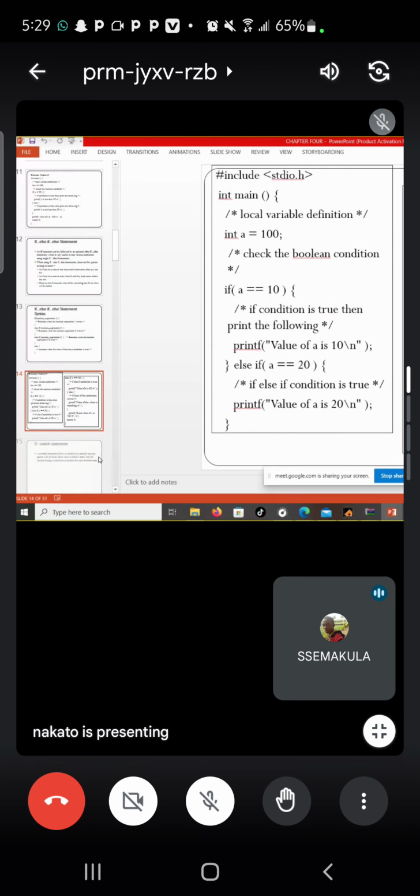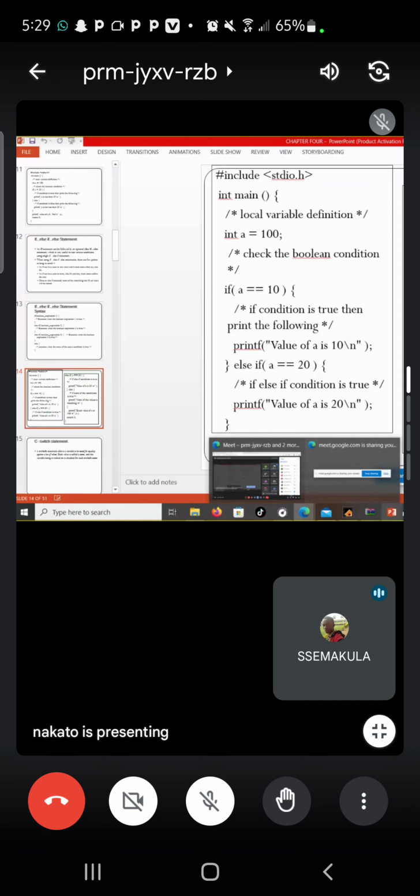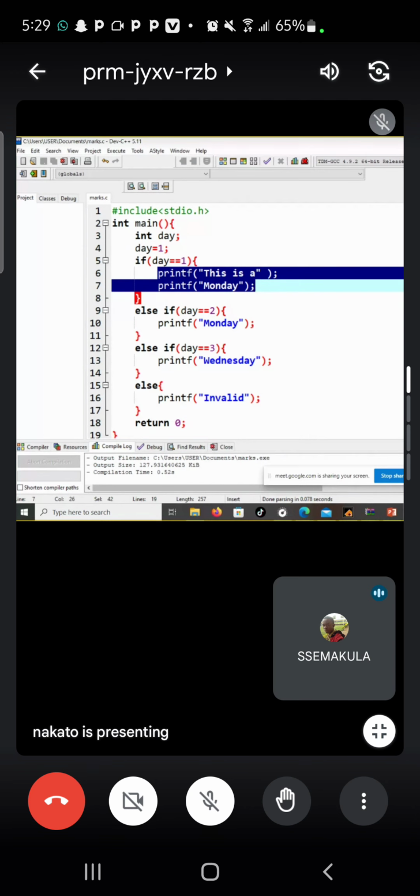Yes, madam. Another question. You wrote day equals to one. Then you say if day equals one, you use double quotes. In the printf,